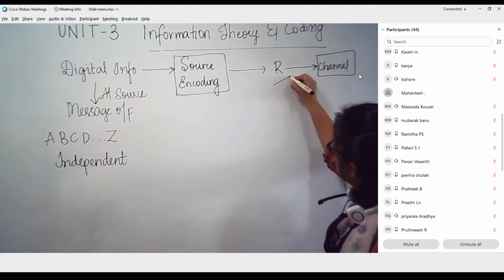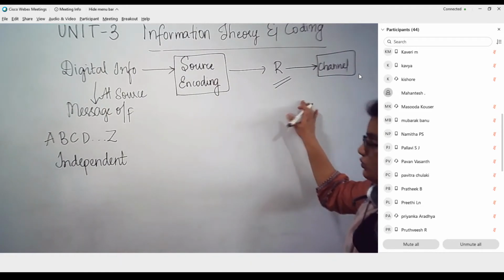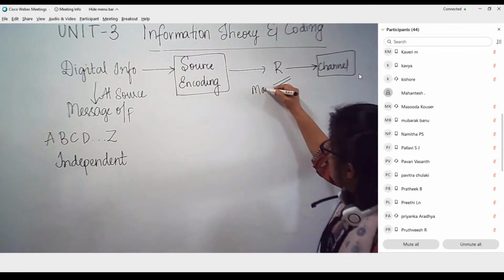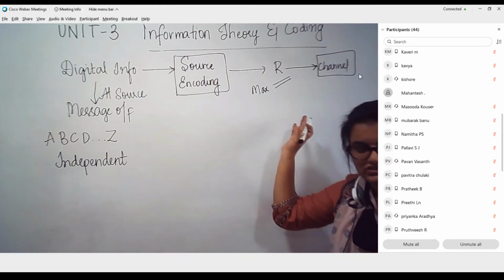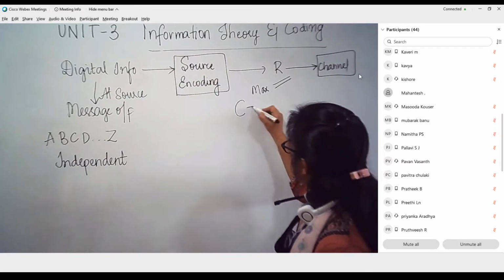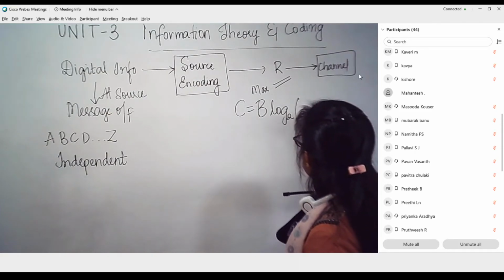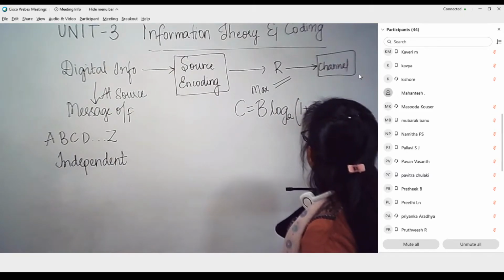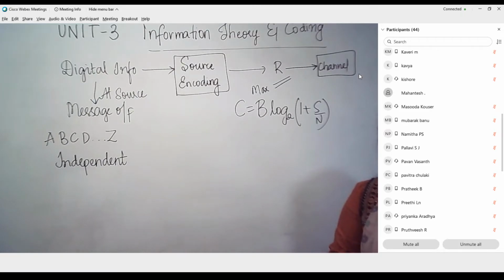So what should be this R? Such that what can be this maximum R with which I can transmit the information into the modulator continuously, so that I can achieve a reliable communication based on Shannon-Hartley capacity theorem. So based on this, I am going to decide what should be the rate at which I need to transmit the information such that I will be able to achieve the reliable communication over the